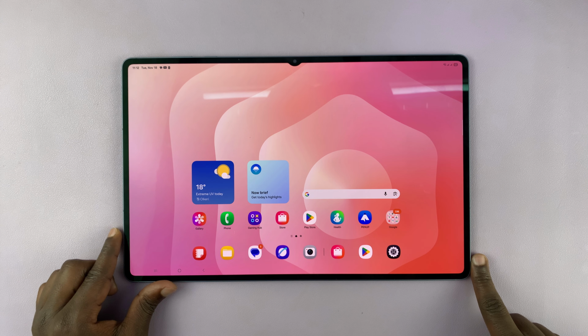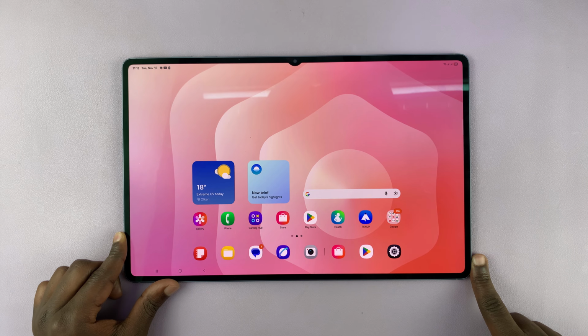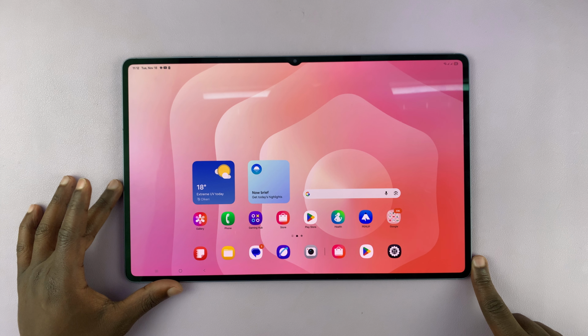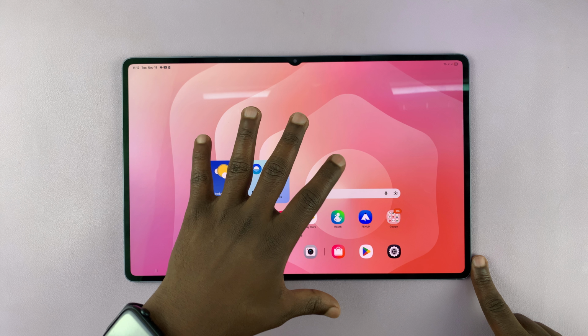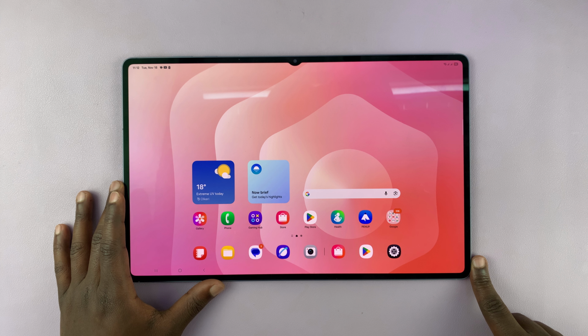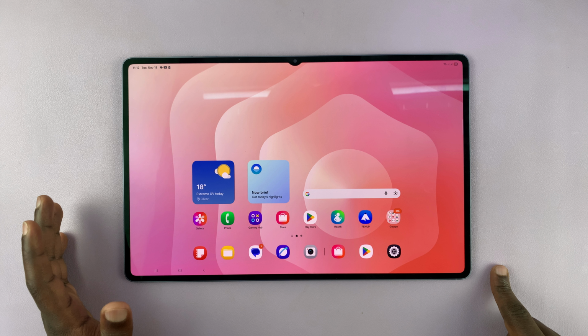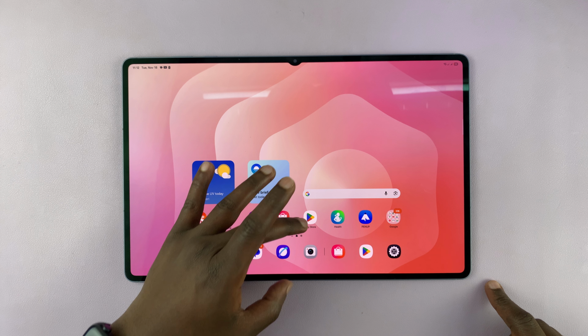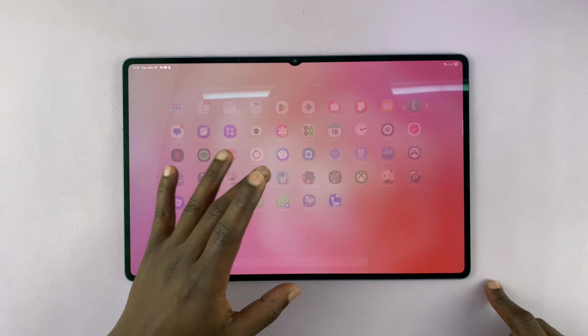So I'm going to show you how to install apps from unknown sources on your Samsung Galaxy Tab S11 Ultra. Now these are also called APK files. They're basically Android apps that are not available in the Google Play Store or the Samsung Galaxy Store. So you find them in one way or another, and then before you install them, you need to enable that